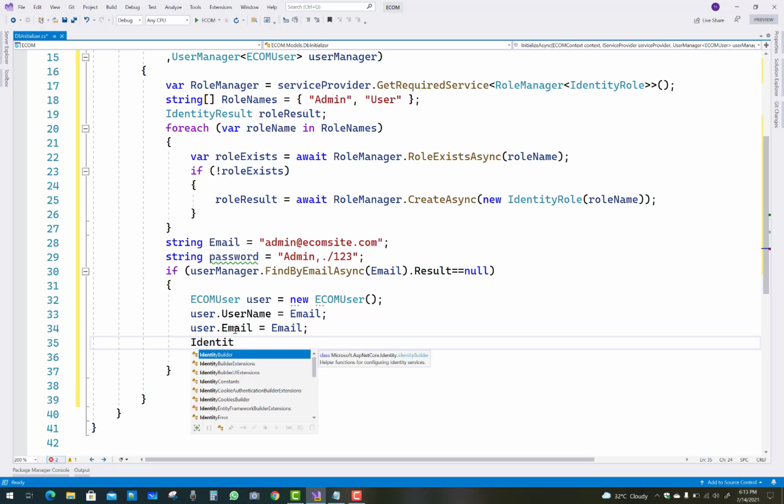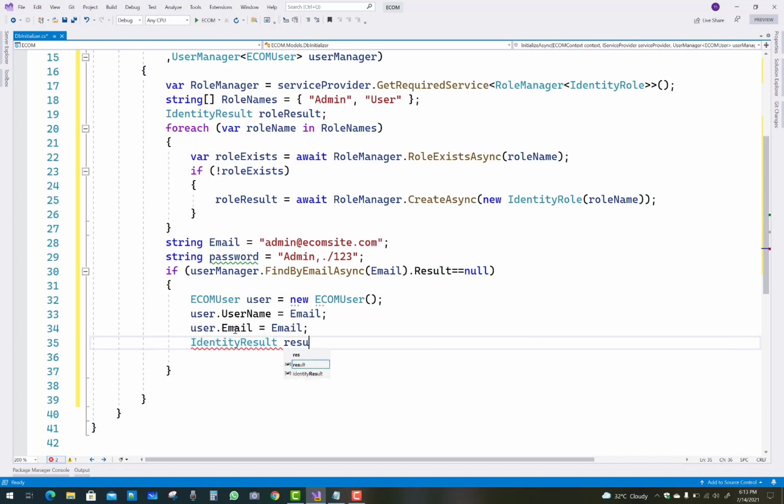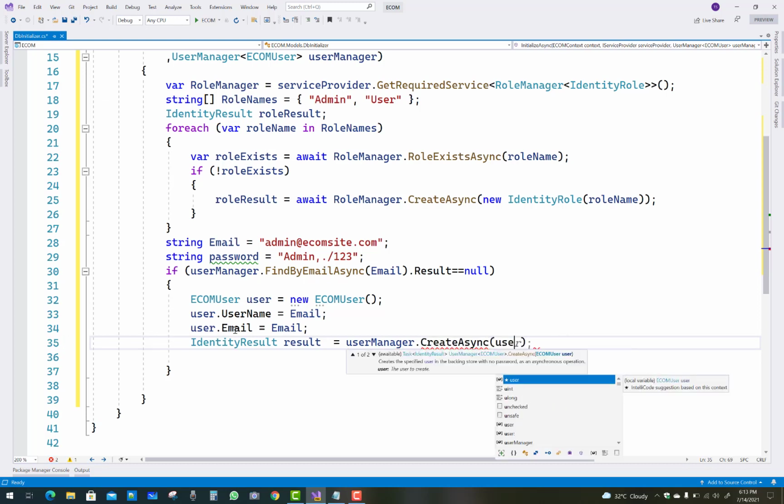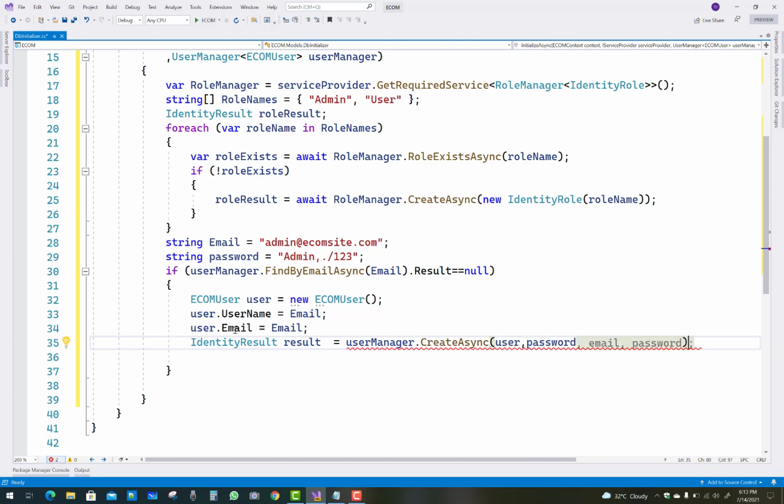IdentityResult result equals userManager, assign a new user, dot CreateAsync with the user and the password. By the UserManager class you can add a user into the database table.